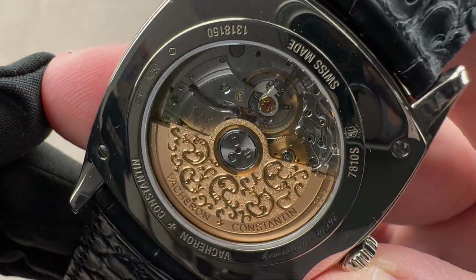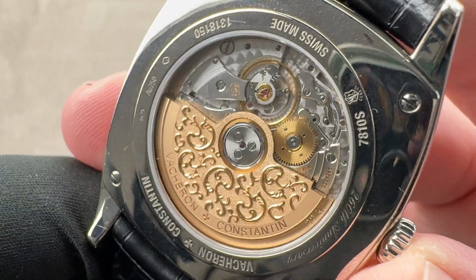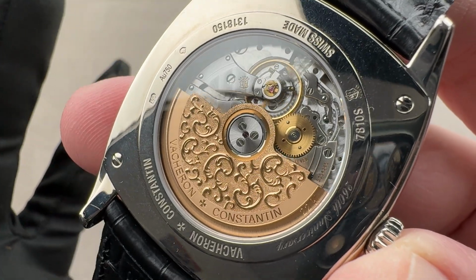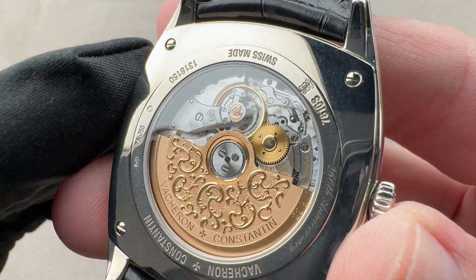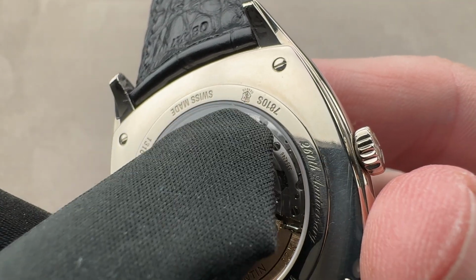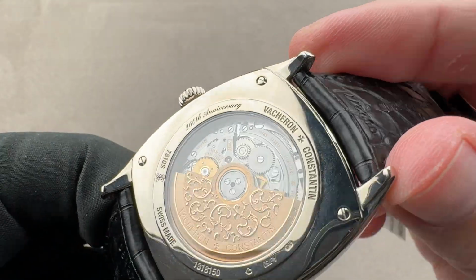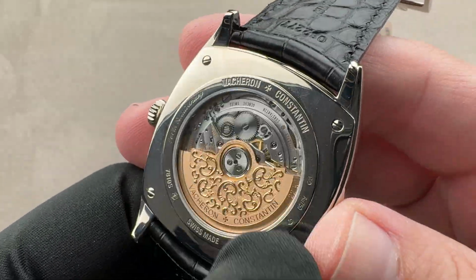Geneva hallmark finish, so you can see all of those fine flourishes you would expect on a movement bearing the Poinçon de Genève, the imprimatur of quality for watches made to the proper standard inside the city or canton of Geneva. And since 2012, it's been a whole watch standard of quality. So you can see the stamp of Geneva, the hallmark, the Poinçon on the case back as well as on the balance cock. Beautiful movement, nicely decorated, everything you would expect of a Vacheron automatic inside a case that is